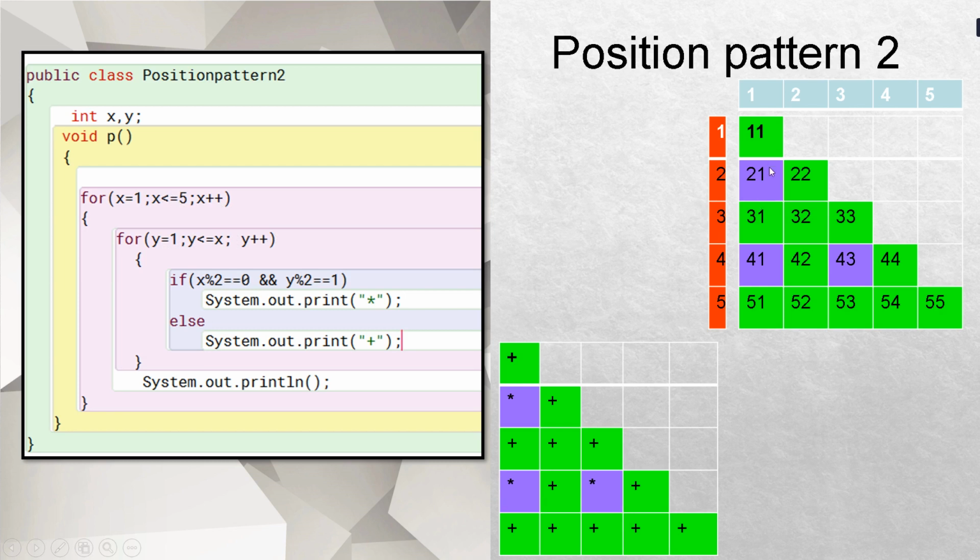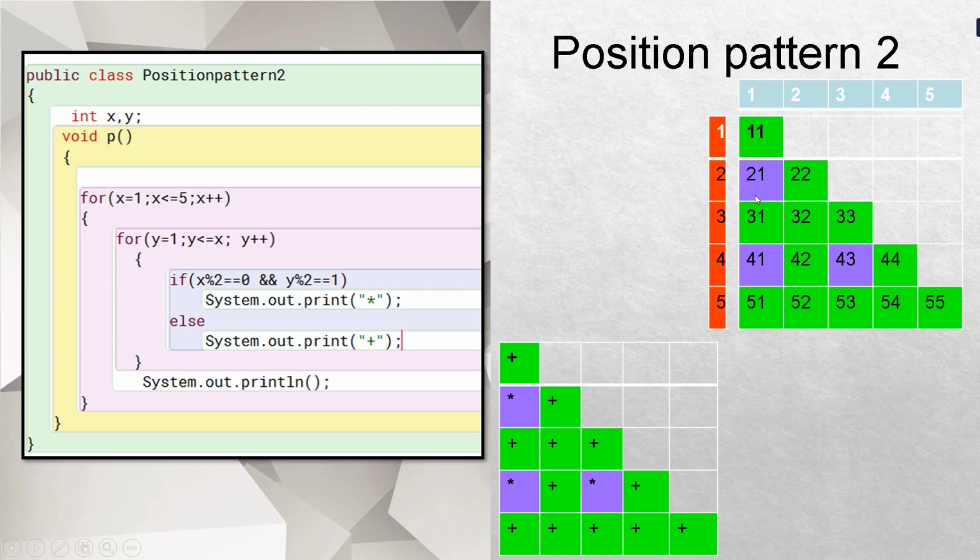If I talk about this location, this is where x is 2 and this is where x is 4. That means at even rows, x is even. And here, can you see carefully, if I'm talking about y, it is 1 over here, and here y is 3. In this entire thing y is 1, and in this entire thing y is 3.